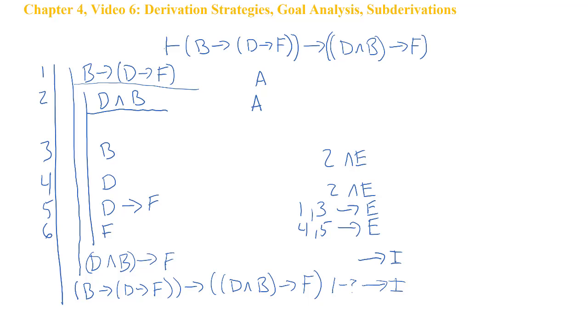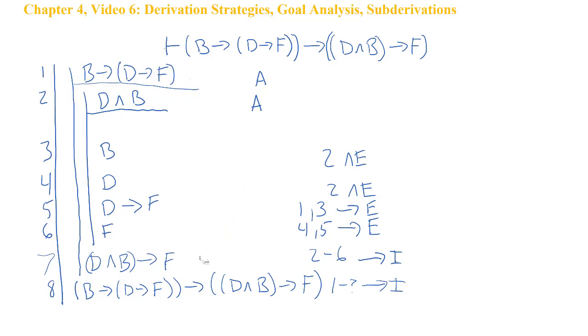Now, the subderivation running from the assumption in line 2 to F in line 6 gives me D and B arrow F. So I can write that in as line 7, justified 2 through 6 by arrow introduction. Now the subderivation that runs from line 1 by itself all the way down to line 7 justifies our final line, line 8,